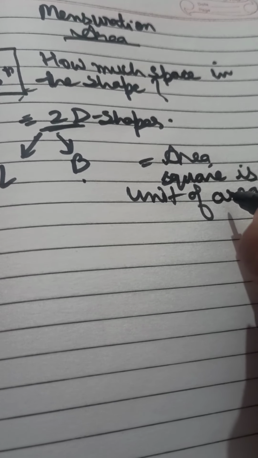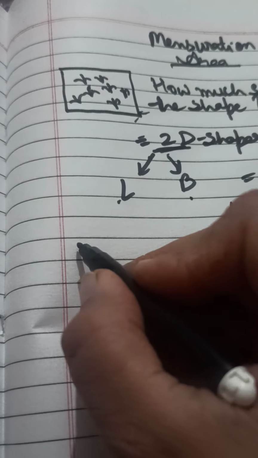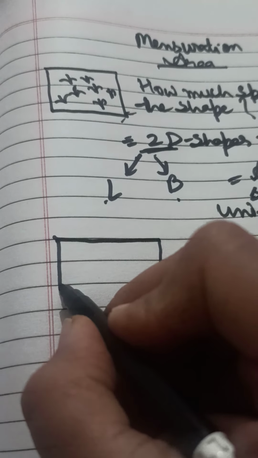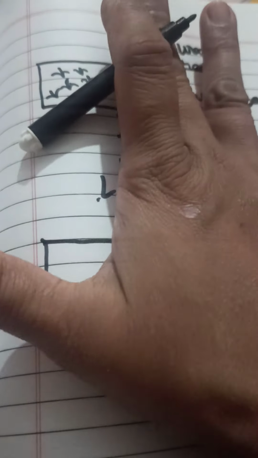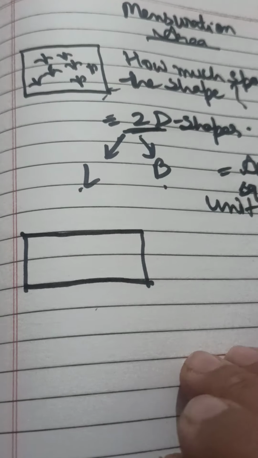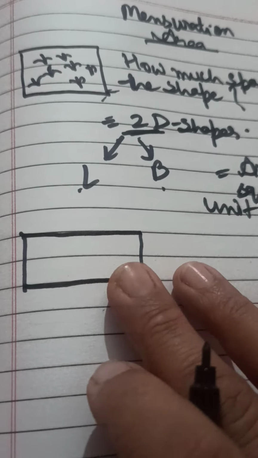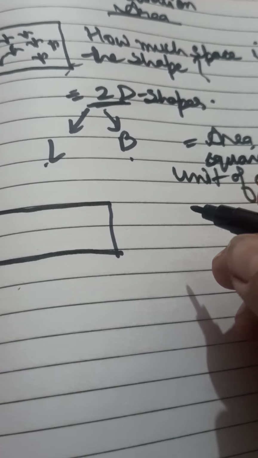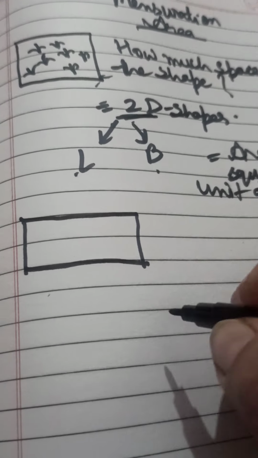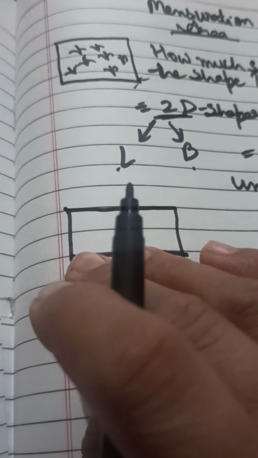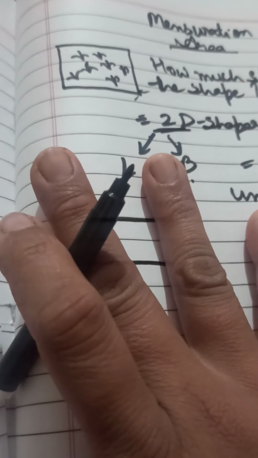Because square is a unique shape. I am clearing this with an example. Suppose this is my tabletop. Now I am going to cover it with my palm. Suppose 5 or 6 palms cover my tabletop. So I can write area is equal to 5-6 palms. Now my friend has come. He or she will also measure that, so the measurement of his or her palm will be different.